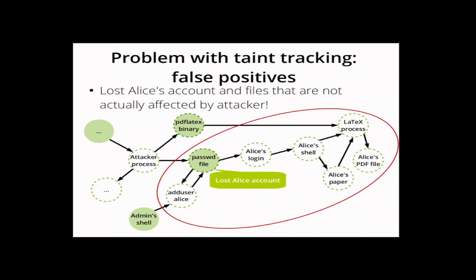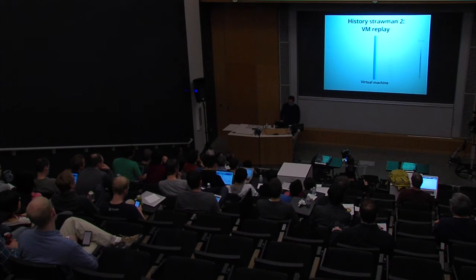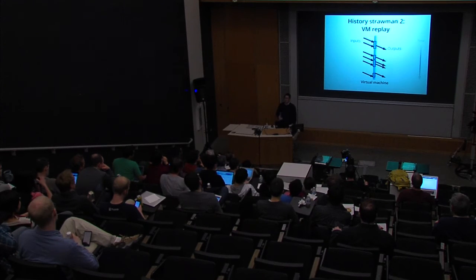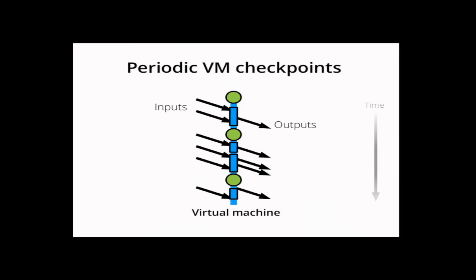One possible way to preserve those changes is by re-executing all the legitimate operations made by admin and Alice after the intrusion. One well-known way to enable such re-execution is to use the idea of VM rollback and replay. So we're now going to consider our entire system as a single virtual machine. In our virtual machine, we have input and output, and also we periodically checkpoint the state of the virtual machine, which I mark in green here. Then we are pretty much ready to recover from